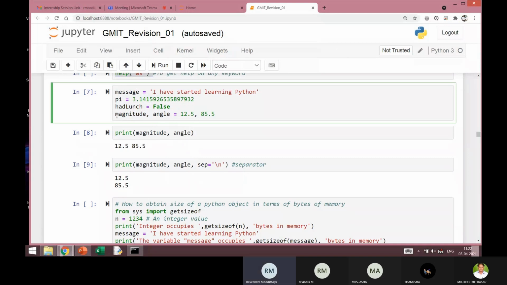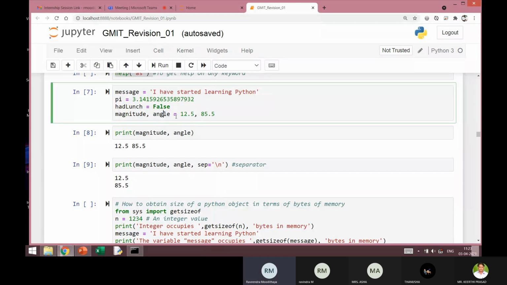There's a reason why I have included this. Suppose I have two variables, magnitude and angle. I can initialize them with the two values on the right hand side, 12.5, 85.5. So the first one, 12.5, will be assigned to magnitude and 85.5 will be assigned to angle.